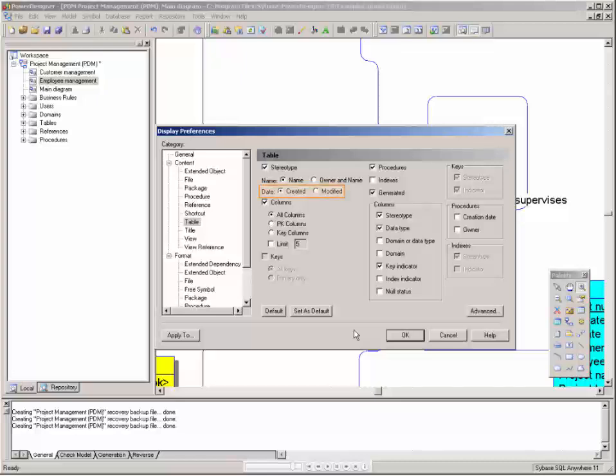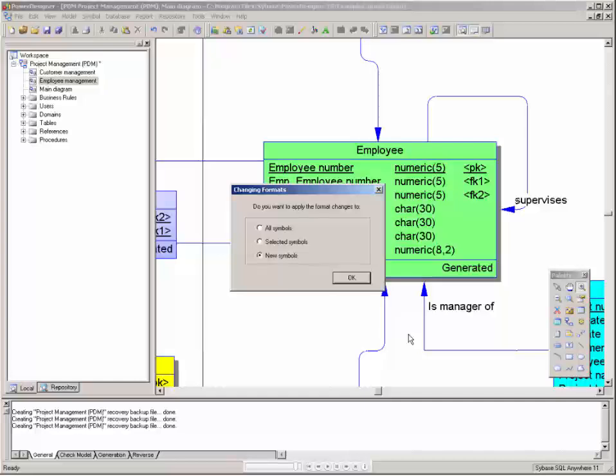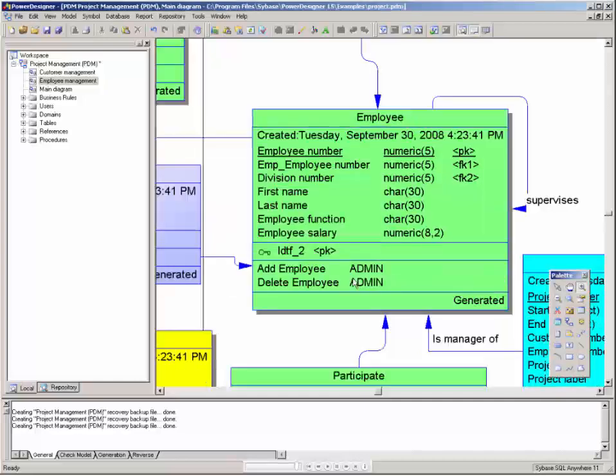The date, procedures with the column controls, remember that the name is mandatory so it doesn't show here, and keys. I select the keys collection and choose to filter by primary key. When I click OK to go back to my diagram, I'm prompted to choose which symbols to apply these changes to. I select all and then click OK. In the diagram, I can see that the creation date is now displayed, along with the primary keys and the list of procedures. I hope this video has given you an idea of the power and control provided by the